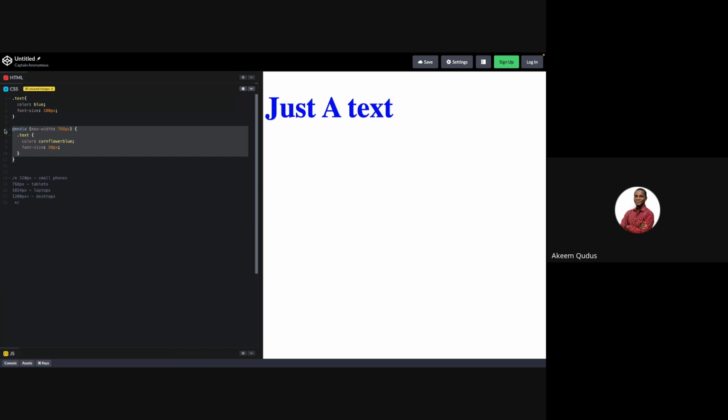Mobile first. So the base styling is going to be for what? For the mobile screens. While the media query is going to cover what? The bigger screen. So to adapt this to mobile first approach,